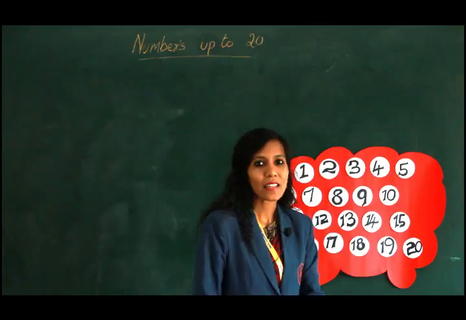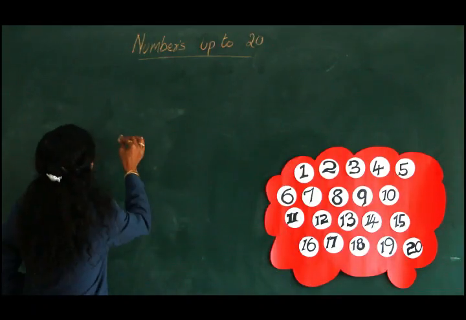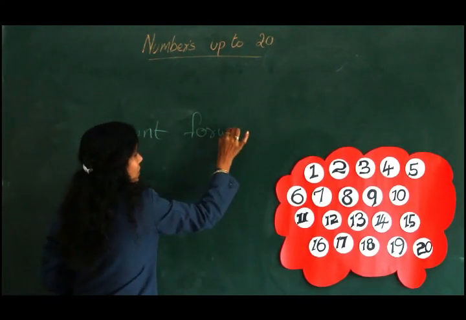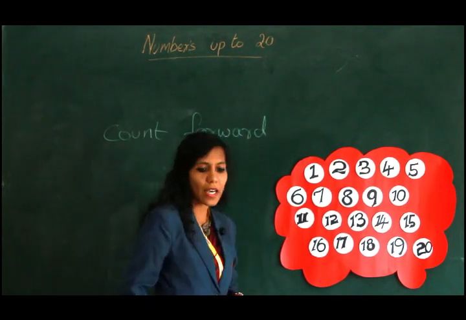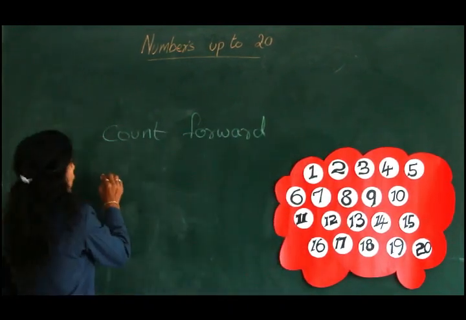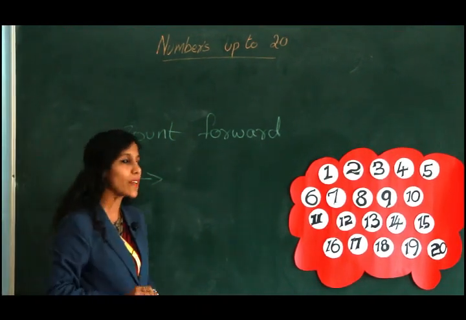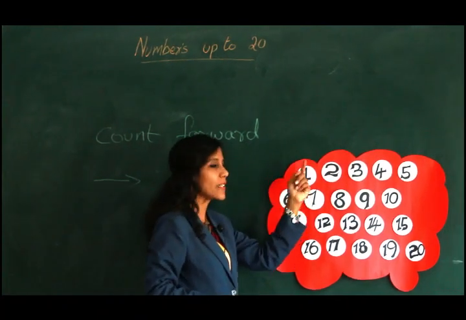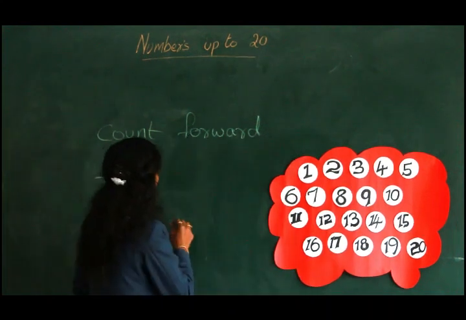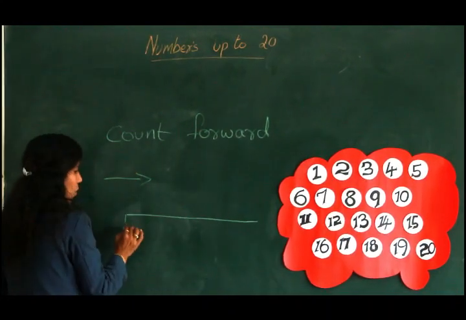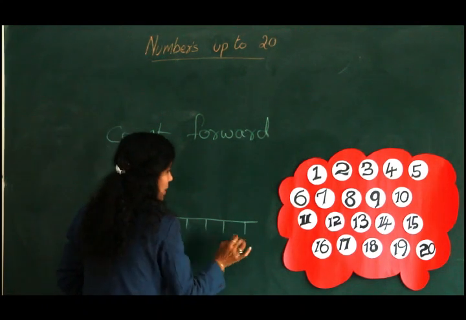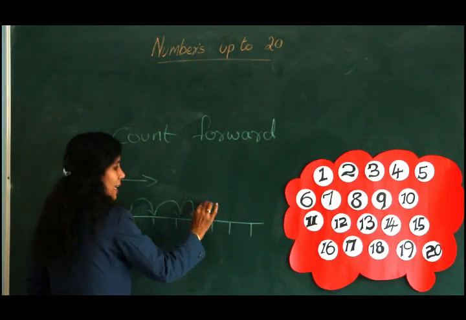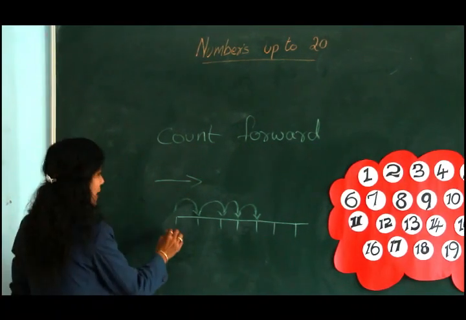So are you ready? Now let us go to the next concept. Our next concept is count forward. Now how do we go to the front? We always walk front, so that is walking forward. Here let us see how it goes. Now 1, the next forward number after 1 is 2. So going front in a number line, we have the numbers. Going front is 1 step, next, next and next. This is going front or count forward.